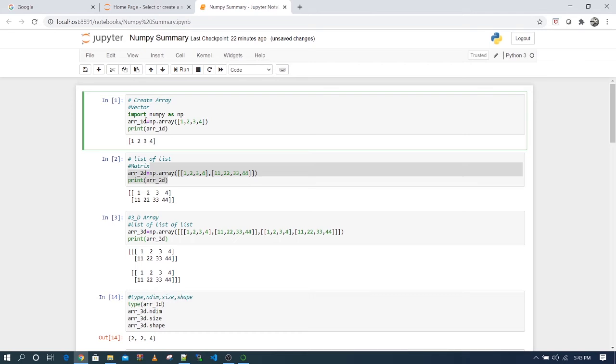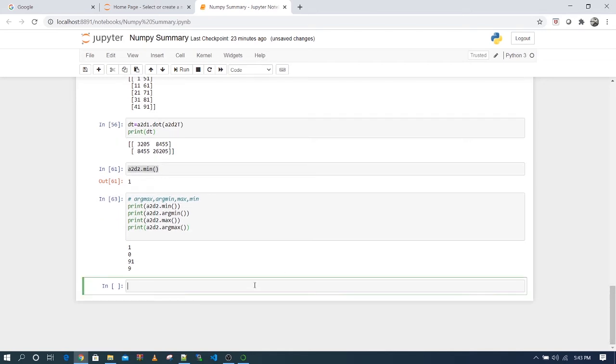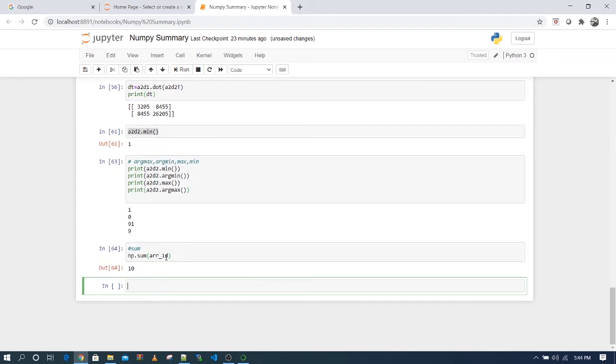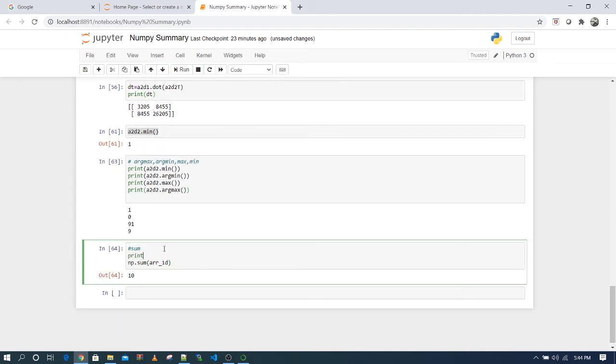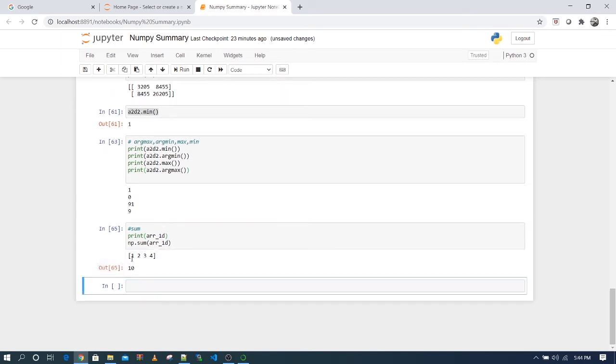So if you want to find the sum of a 1D matrix, then you can use the sum method. array1D, np.sum, and you pass it, so you have 10. Let me print the matrix as well. Print array1D. So you will get the sum as 10.